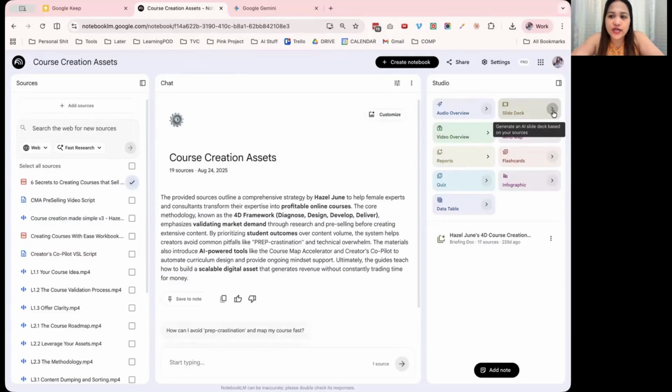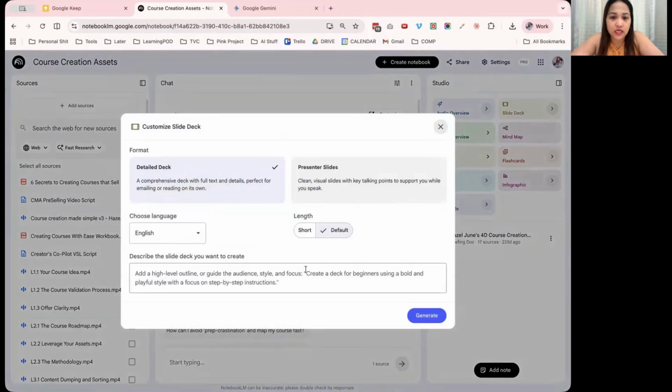And you want to click on this arrow right here because then it allows you to customize your instructions. So you can choose whether it's a detailed slide deck or a presenter slides. For this demo, we're just going to use presenter slides. I just want key talking points on the slides. And then here on this text box is where we're going to describe the slide deck that we would want